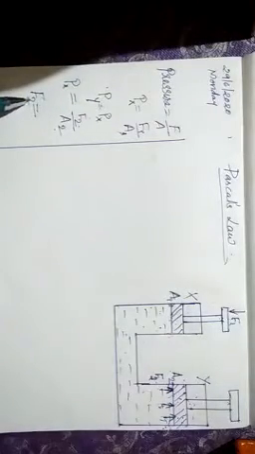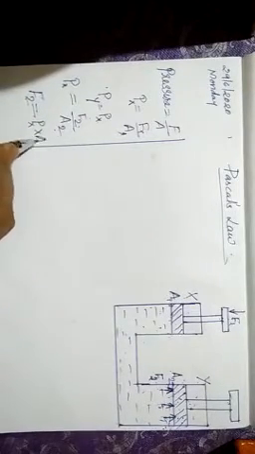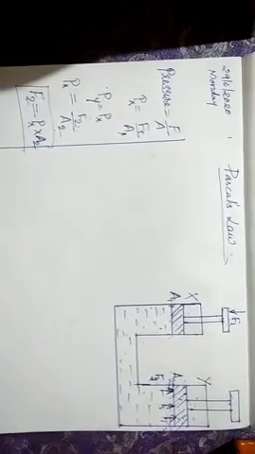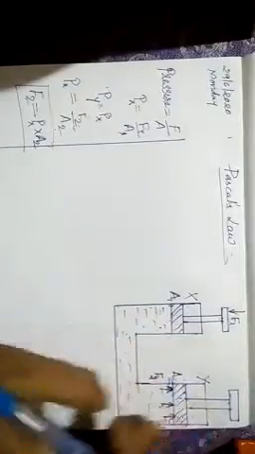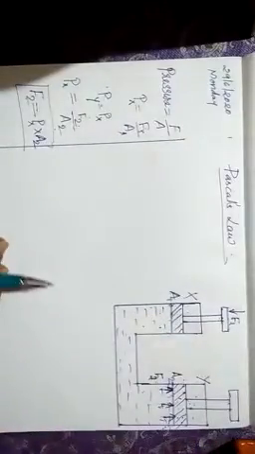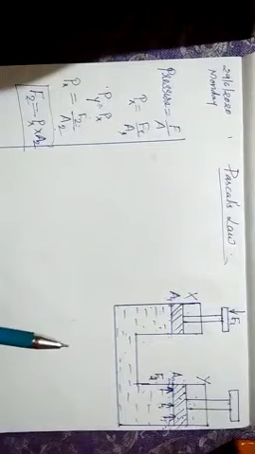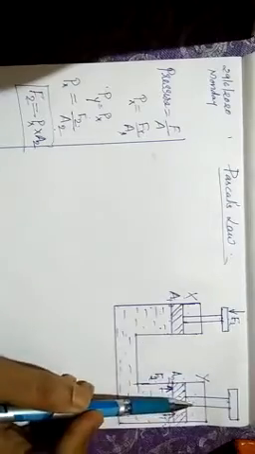We can calculate the magnitude of the upward force, that is F2 is equal to Px into A2. This way we can calculate what force is acting on the piston in the upward direction. According to that, we can find whether the car or vehicle can be moved upward or not. So with this, once again I'll explain